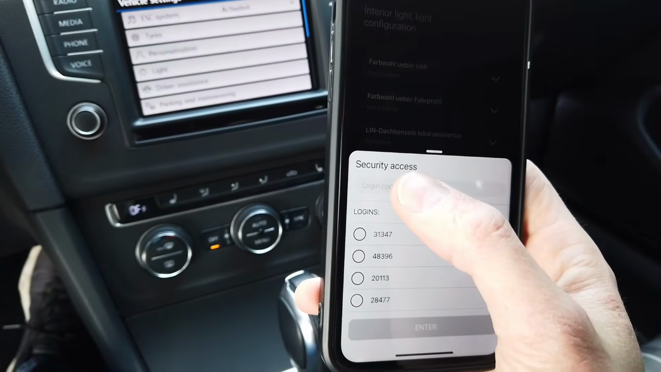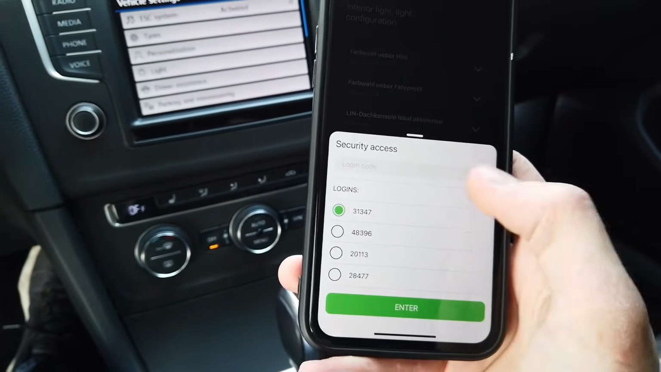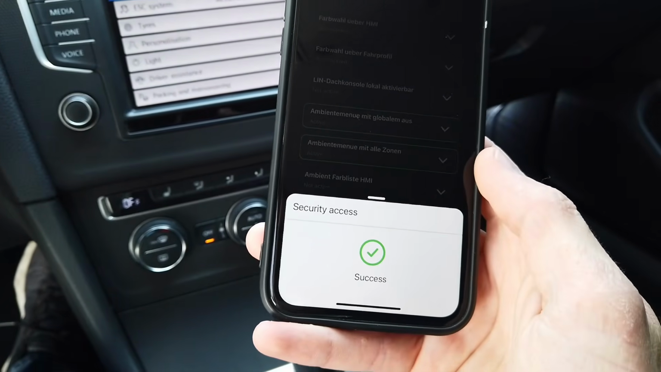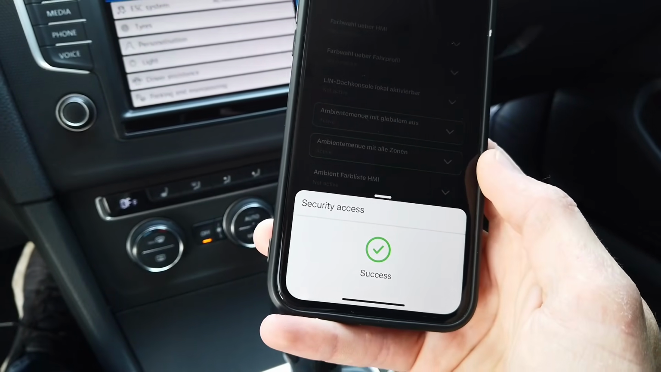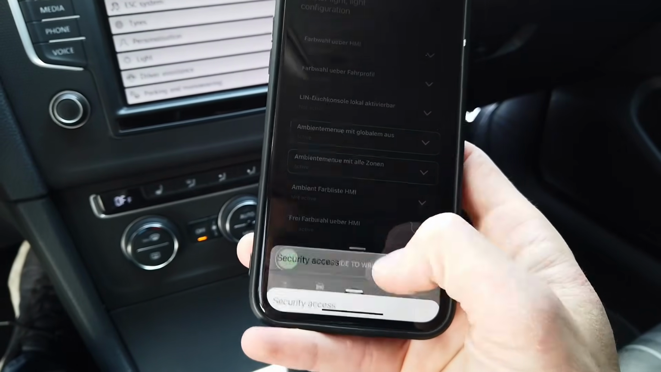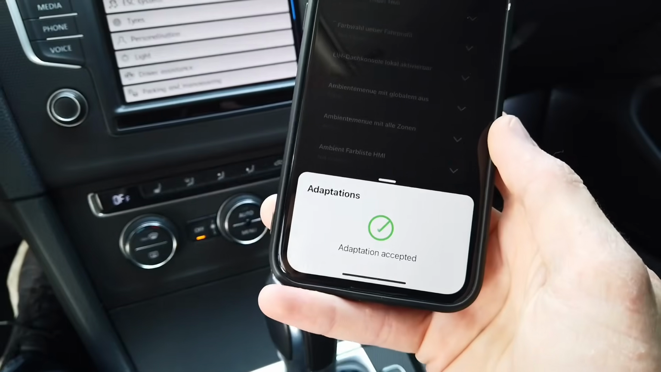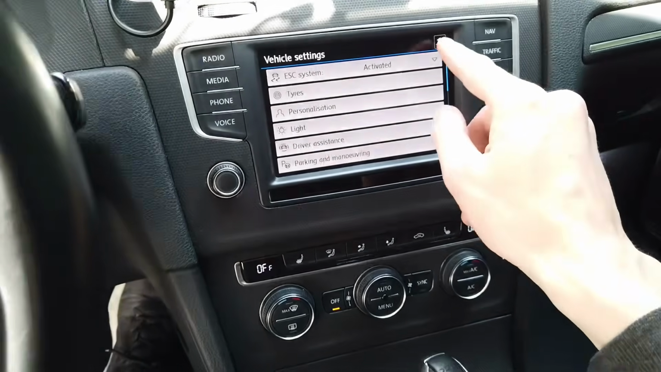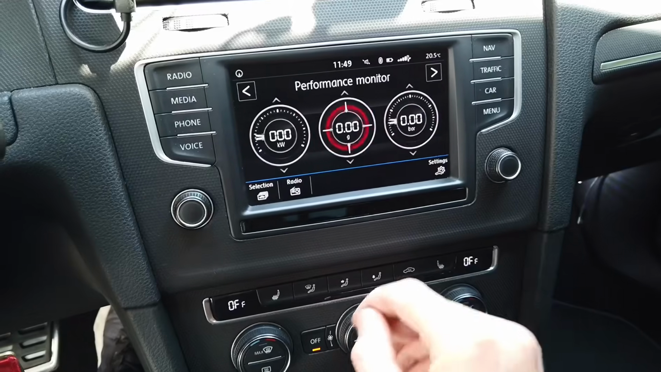If you are asked about the security access code, select the 31347. If you are using VCDS, you should go first to the security access, enter this code, and then change the adaptation. Okay, and right now, when the adaptation is done, we should already see some change over here, but that's